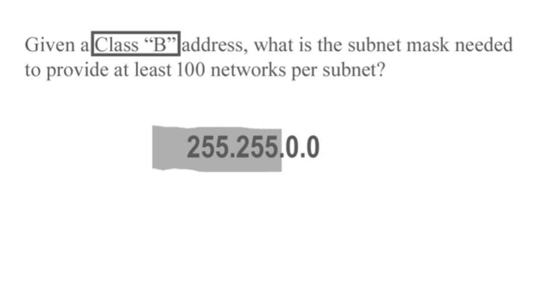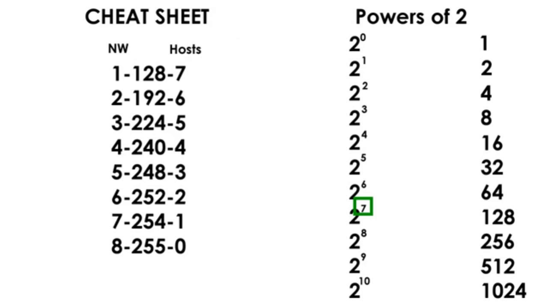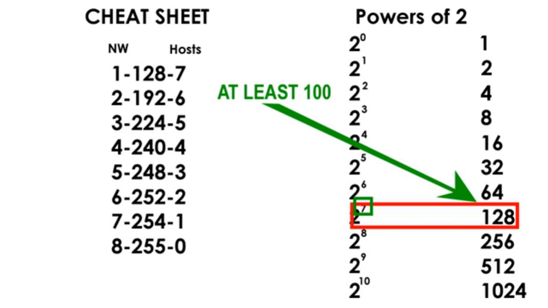First of all, we know this is a Class B address, so we duct tape down the first part of the subnet mask. We know that's the first 2 octets, so those are going to be 255.255, okay? We just need to figure out what the last 2 octets are going to be. If we need at least 100 networks, we're going to need 7 bits. Why? Because 2 to the 7th power is 128, which gives us at least 100,